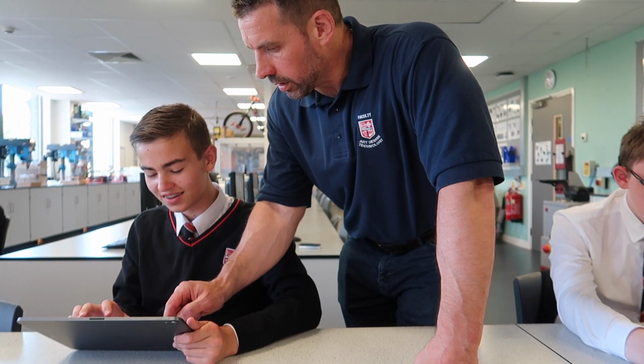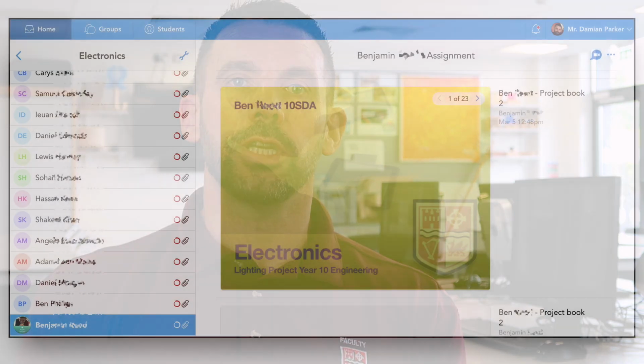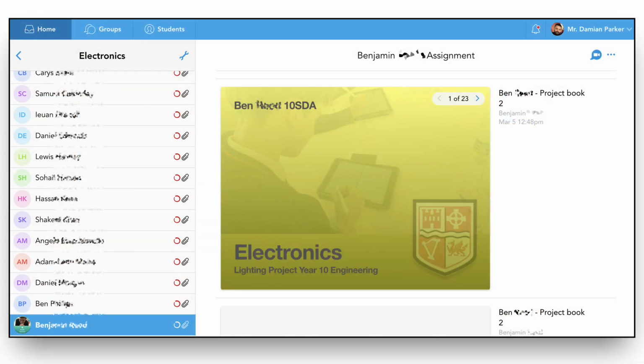Each lesson was delivered using our MacBook and iPad Pro, allowing us to demonstrate new apps, drawing techniques, and guide them through the design process. Students completed the work on their iPads and shared their design folios via the Showbie app for us to mark